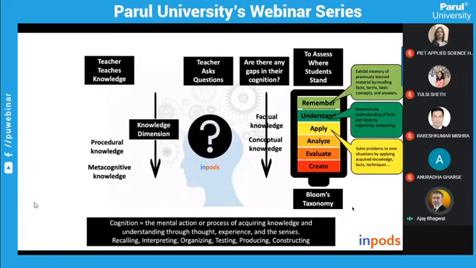And then if again here, if the teacher wanted to find out what is the percentage of the students who were at apply level, who were at understanding level, and who were at remember level, and then if that is compared with the desired percentage of the students at that level, then again that will become a kind of gap analysis.